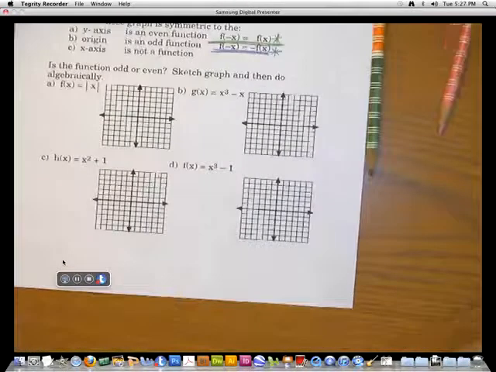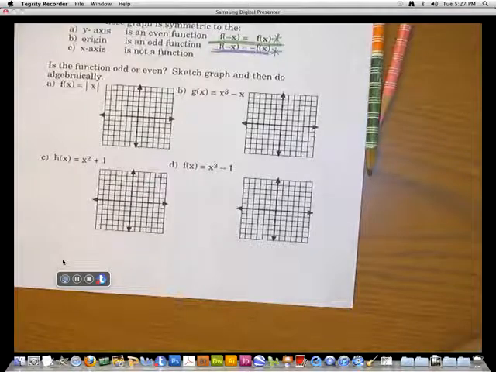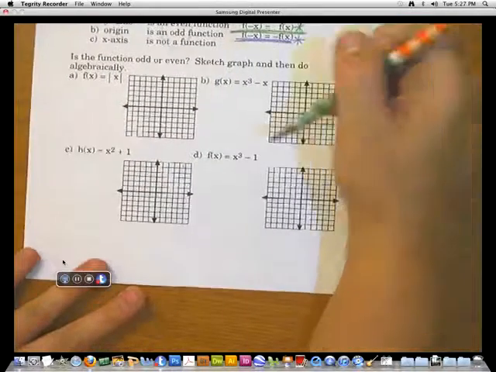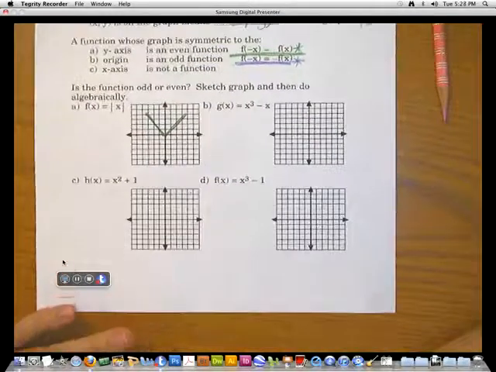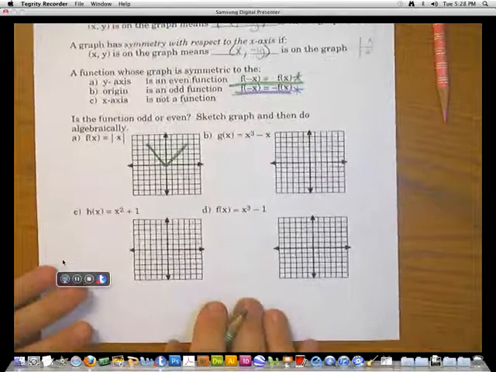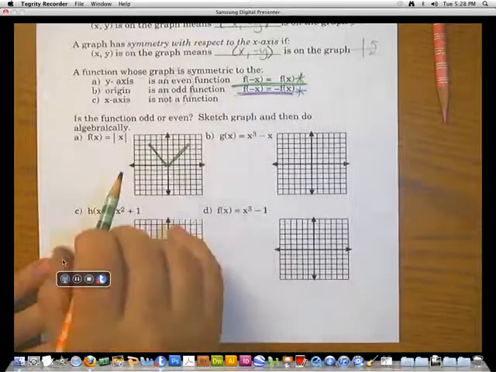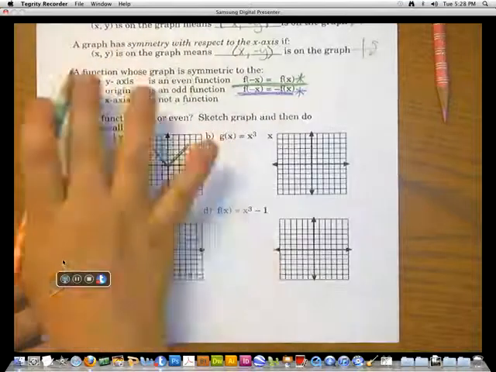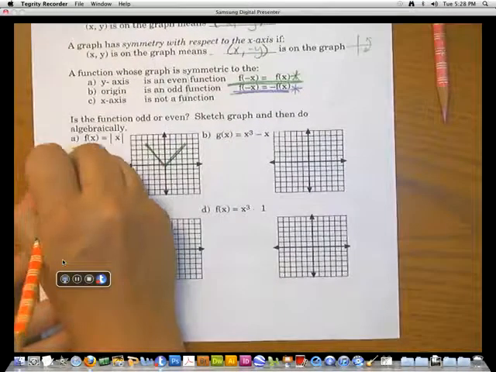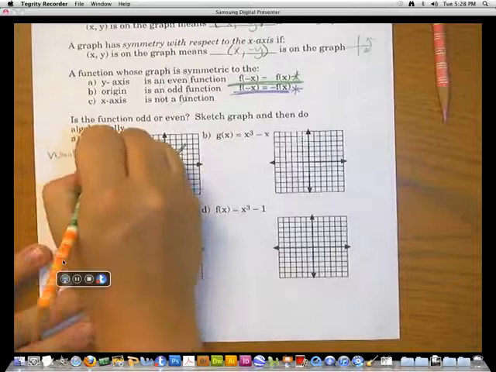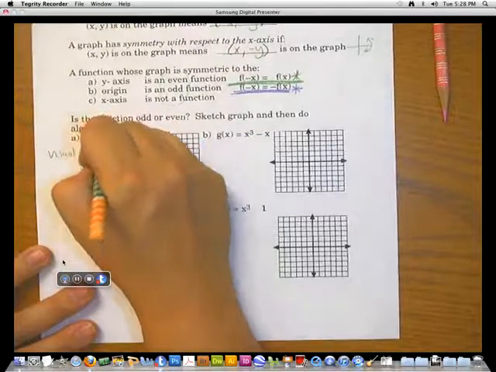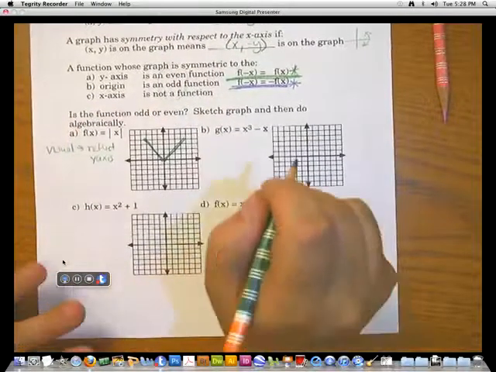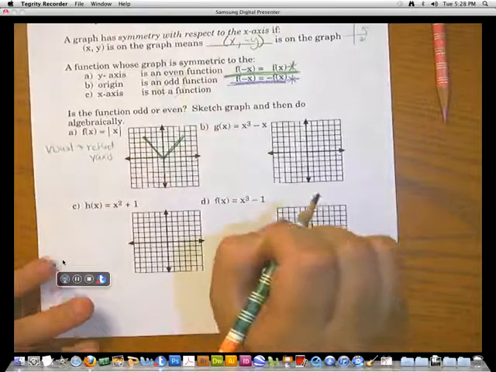So let's look at these 4 examples, and we're going to talk about, is it odd or even? We're going to sketch the graph, but also show it algebraically. So the absolute value of x, hopefully we've gotten that it's a V. If you don't believe me, go ahead and put it into your calculator. We should visually be able to see that it reflects over the y-axis, which means it's going to be even, but we need to be able to prove it